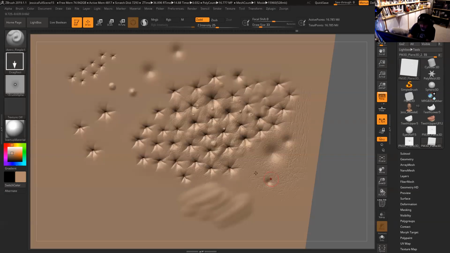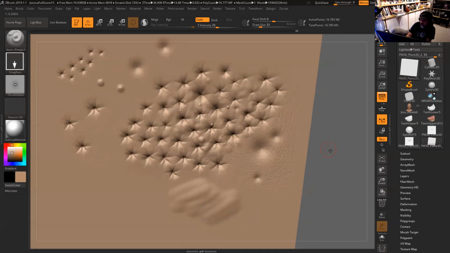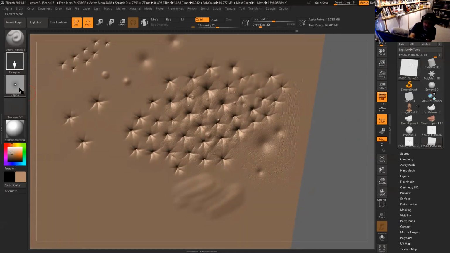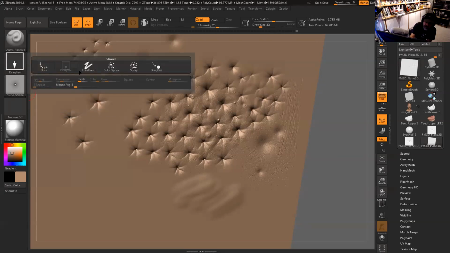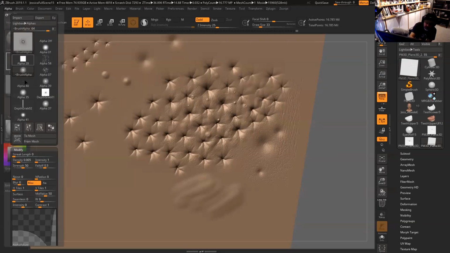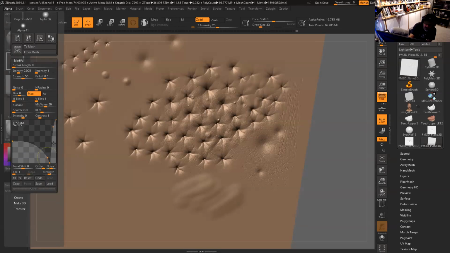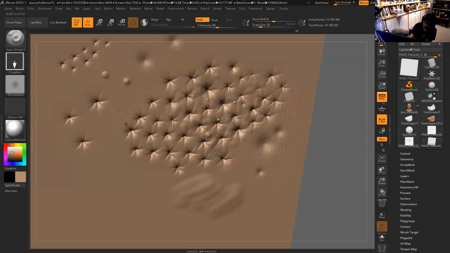I have pimple 1. Okay, so this is the one I use for the nose, for example. The alpha I'm using is the same alpha 39, and I'm using the stroke like the drag rectangle. But the alpha here, I tweaked this curve to look like this. Basically, it creates a peak, goes down, creates a cavity, and then goes back up. So when you do it, it looks like this,